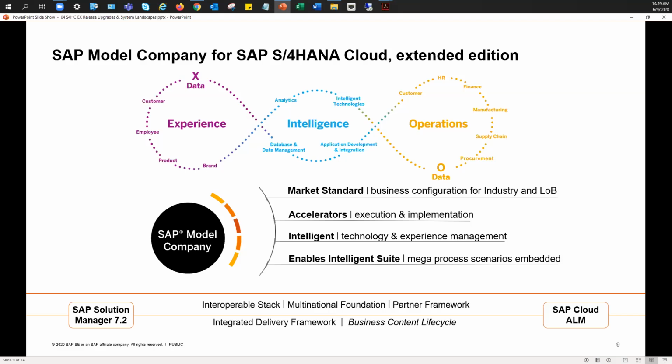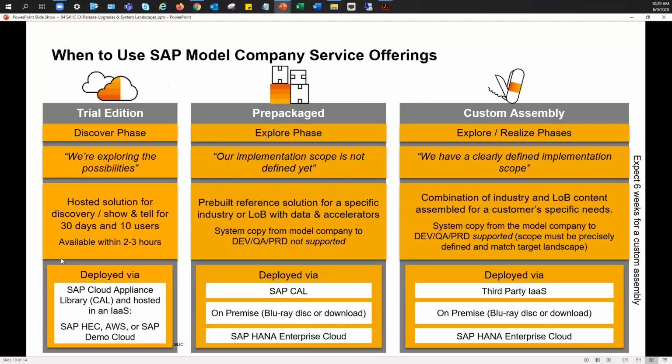So if they've purchased the professional services line of business scope, if they've purchased manufacturing, several scope items from there, they've purchased supply chain, finance. So depending on the scope items they have purchased, which is identified in the discovery assessment, that is what is deployed in the starter system, which is used for the fit to standard workshops. In this situation, a Model Company can be deployed in the discover phase, which is before the customer purchases the solution. So it can be used for exploring the possibilities in the trial system, which is really just,